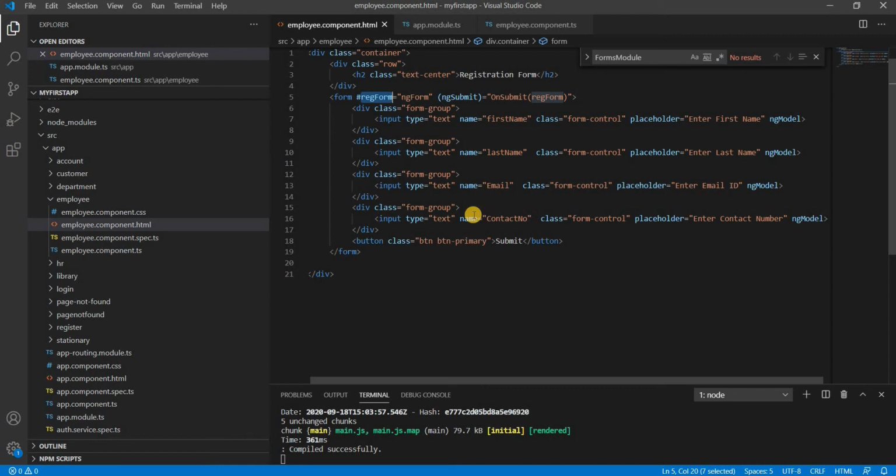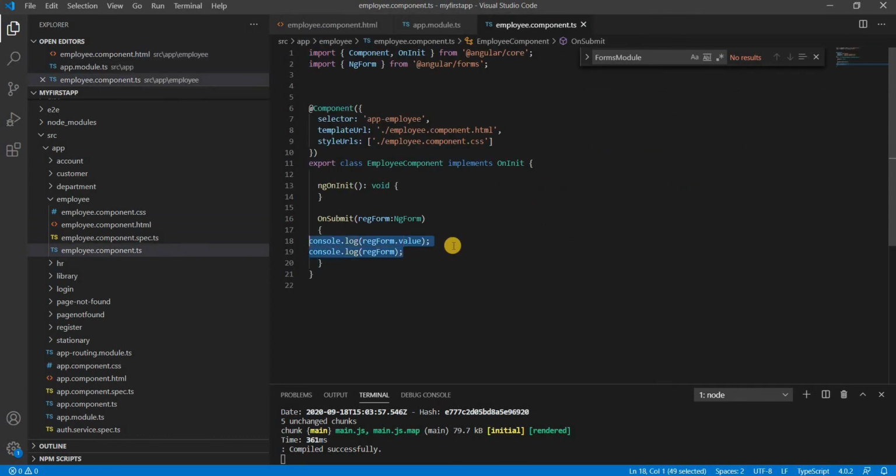If any value changes inside our form, we can check it, and we can check the value of any input control through this variable. Second, when we click on the submit button, this event will be fired and it calls the onSubmit function, and we have passed regForm into it, so we can get all the values of the input controls.